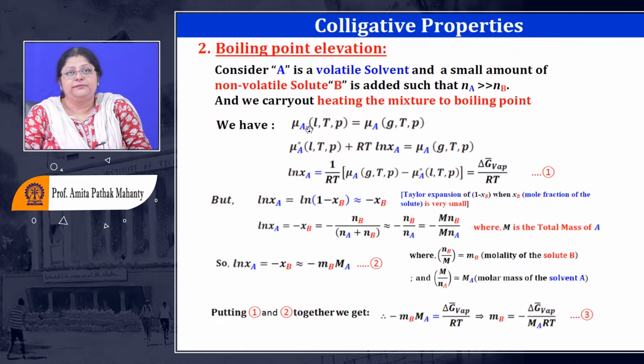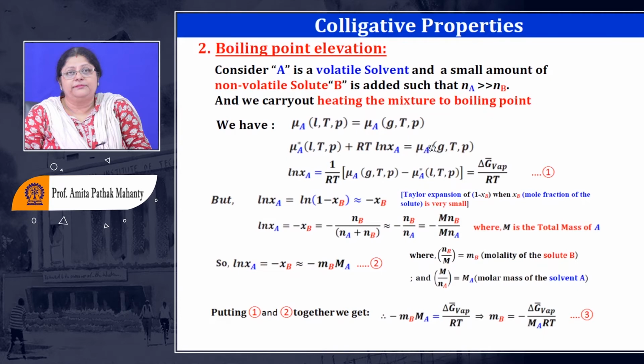So this is the purpose we take the condition where you are heating the mixture to the boiling point. So the chemical potential of the species in the liquid state should be equal to the chemical potential of the species in the gaseous phase when equilibrium is reached. Now I substitute the value of the chemical potential of the species A for the solution. What can I write? The chemical potential of the component A in the pure solvent plus RT ln mole fraction of the solvent in the mixture. So this is what we can rewrite, and this is going to be the chemical potential of the gaseous phase.